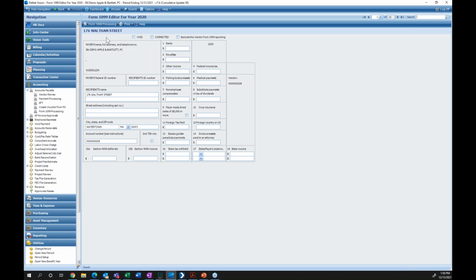And for some reason, this is 2020, but I don't have it in here, which is odd. Our demo might be on an older CU here. Yeah, so that's what I was concerned about.